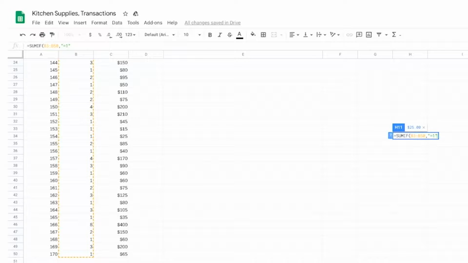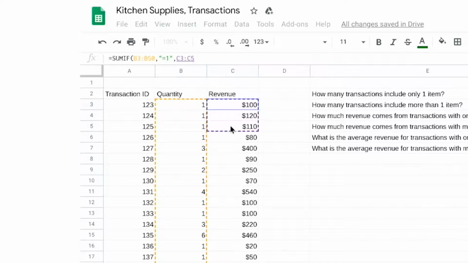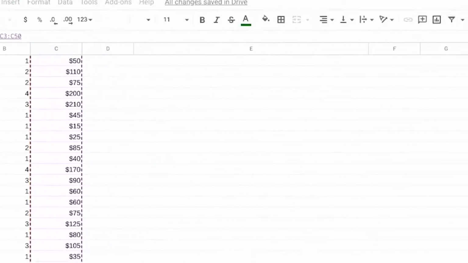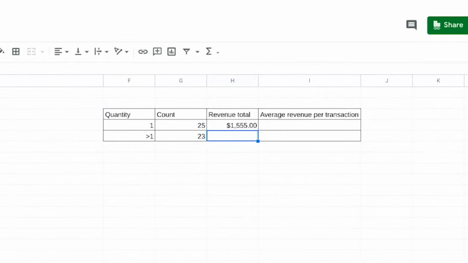Then we'll select the range to be added based on whether the data from our first range is equal to 1. This range is in column C, which lists the revenue for each transaction. So every amount of revenue earned from a transaction with only one item will be added together.